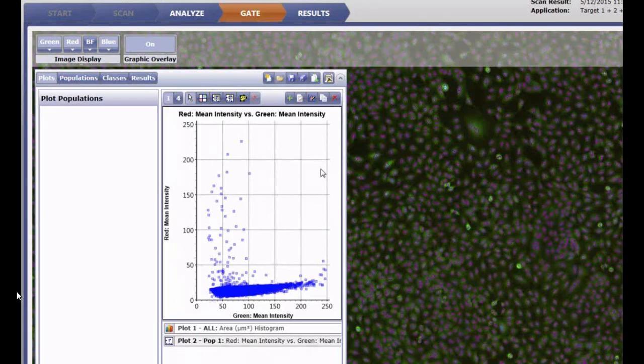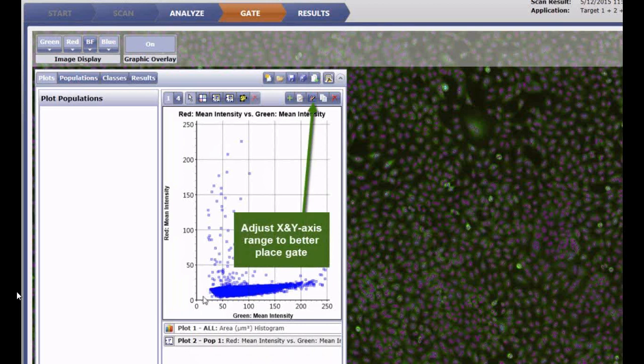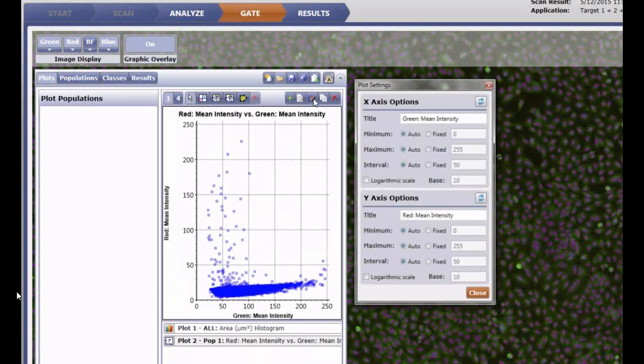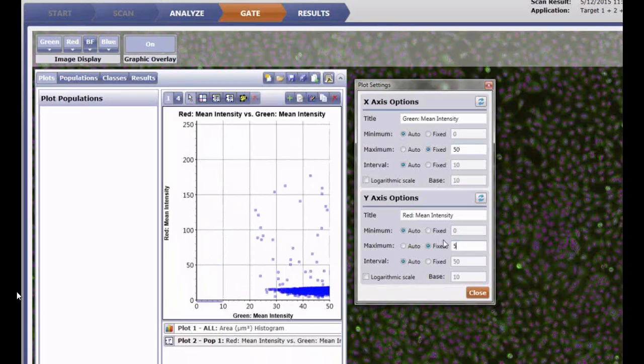You can see a majority of the cells are alive, and that's why we have a cluster of them on the bottom half of the scatter plot. To help us locate where we want to put our quadrant gate, let's zoom in on that lower portion of the plot by changing the axes for x and y like we did for the histogram. So let's change the fixed value from 255 down to 50, and then also for the y we'll do the same. This allows us to zoom in on that area of the scatter plot,